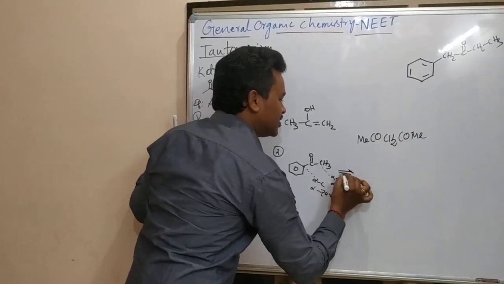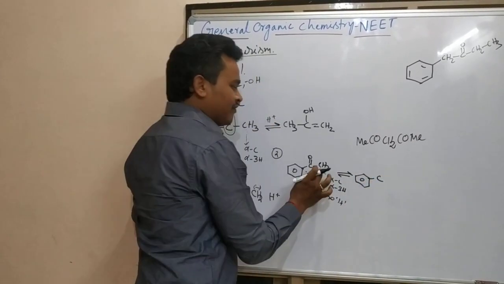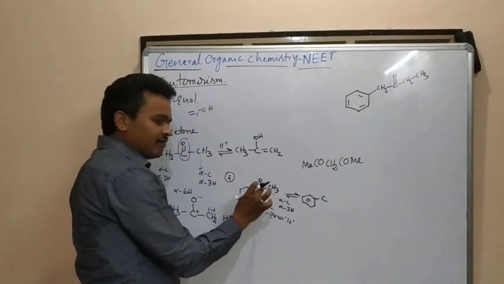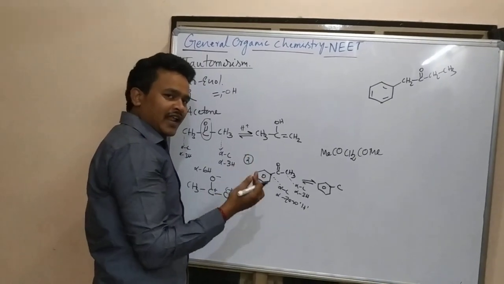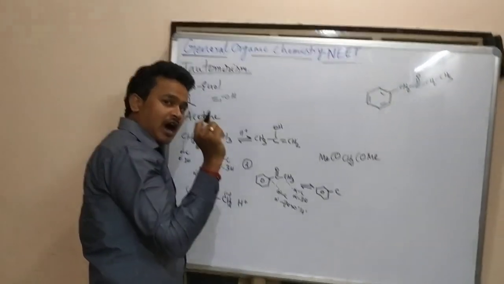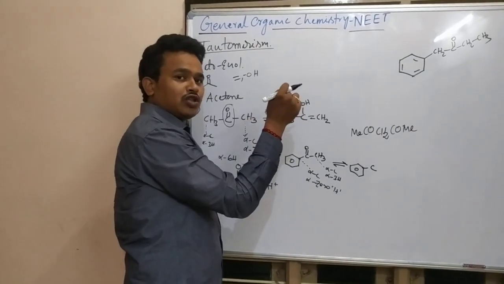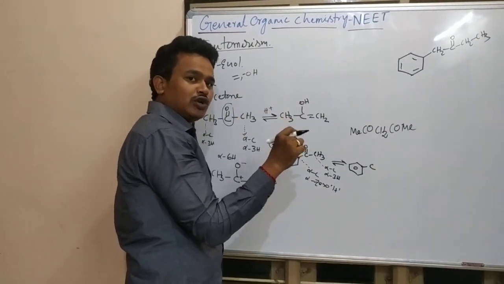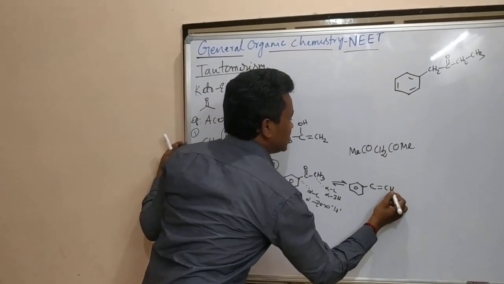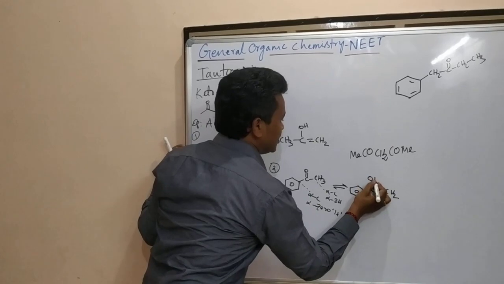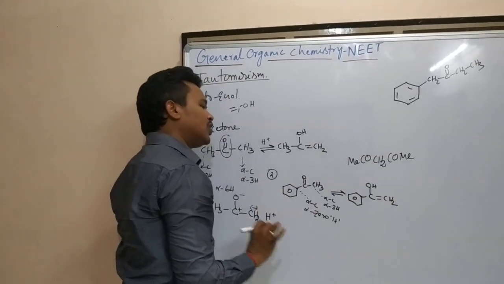What is the possibility here? See, I am writing it like this. From which side is the hydrogen jumping? That side you are going to arrange the double bond. The alpha hydrogen is going to jump from the alpha carbon to the oxygen. From which side it jumps, that side the double bond comes. Already we learned that this side comes CH2, and here there is OH. The keto form, the enol form. So this is a conversion.